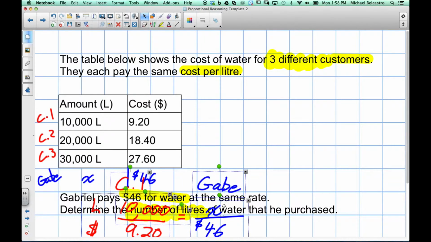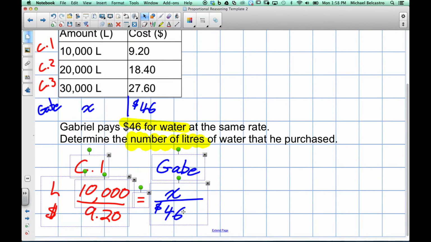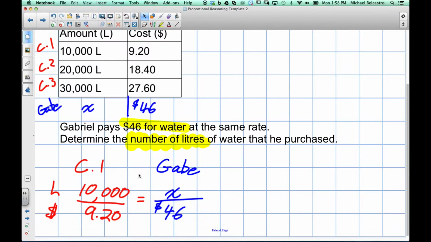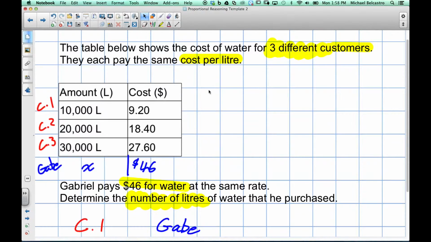I'm going to move it because I want to show you that there's another set of equivalent ratios we could have set up. If you notice, I organized the columns, that's vertically, by the person, customer 1 and Gabriel. I could have also organized it by liters and money, and had the 2 names, customer 1 and Gabriel, as our rows. So customer 1's liters were 10,000, we knew that,